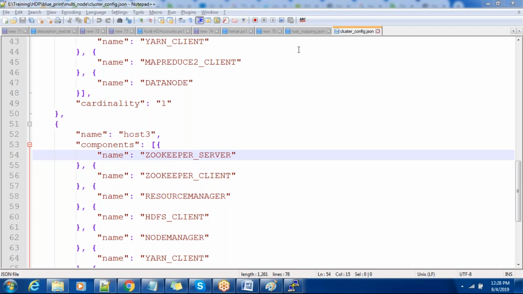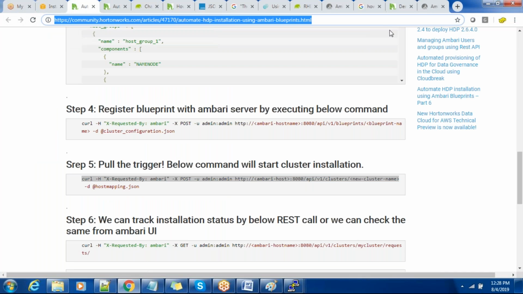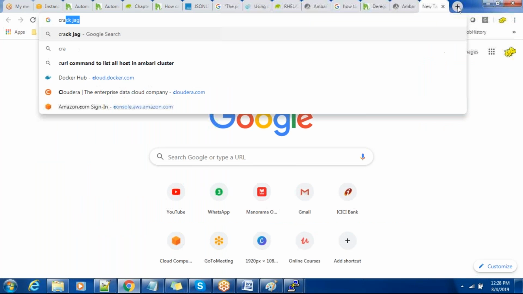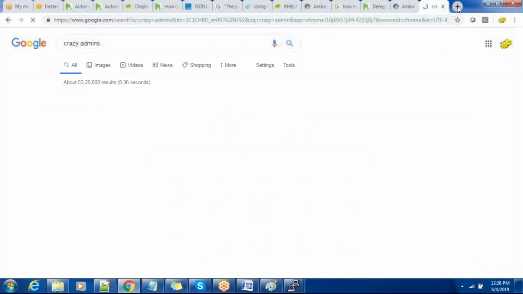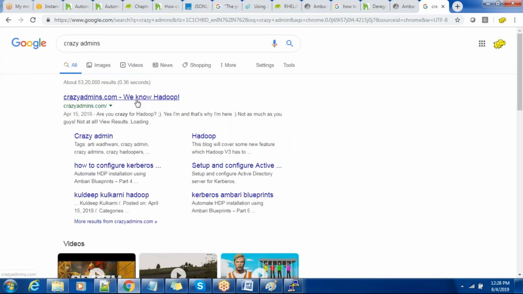One thing for everyone, I thought I'd just share crazyadmins.com, where we are getting this from, the website I'm talking about. That is quite a good one because it is maintained by Kuldeep Kulkarni, who is a senior resource in SDP. If you look at that one, yeah,